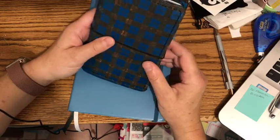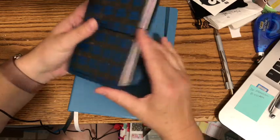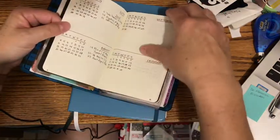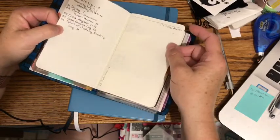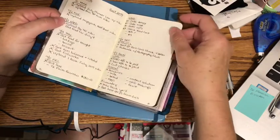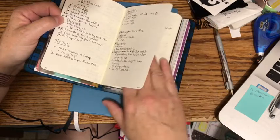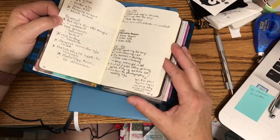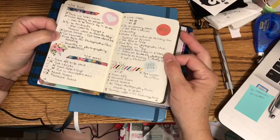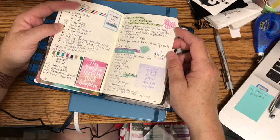I started late, a week after they had started the challenge, but I did it in two different books. I used this pocket-sized planner as my wallet, so I had a Moleskine planner in here that I bullet journaled in. I created my index, my future log, my monthly log, the monthly tasks, and then I got into the bullet journal. I stayed pretty basic through the first 2 weeks, and then I thought, that's fine, but I miss the color and the creativity of using stickers and things like that. So I began to incorporate washi tape and stickers into my layout, but still sticking to the bullet journal idea